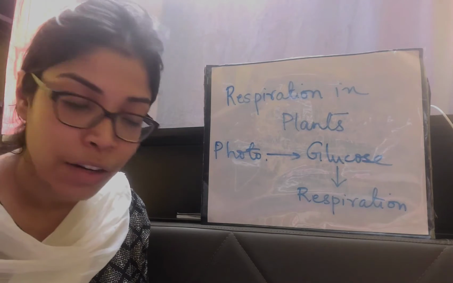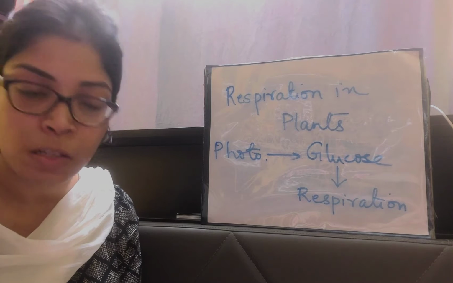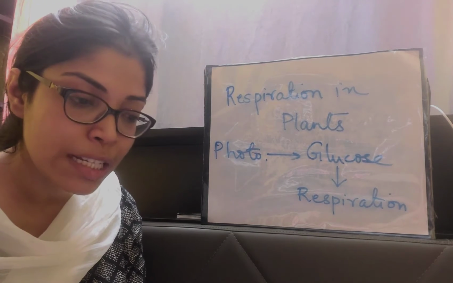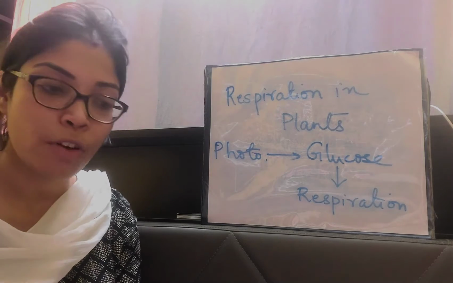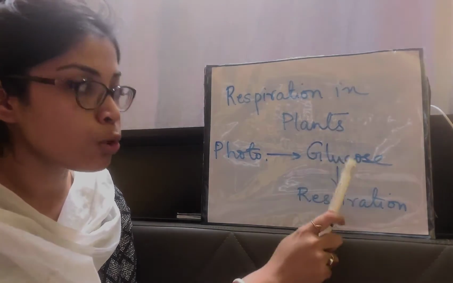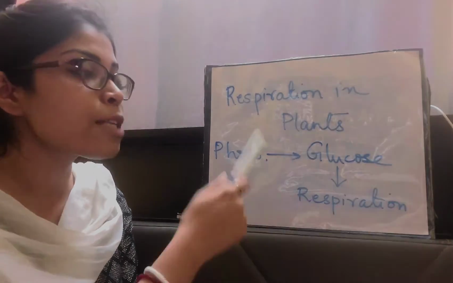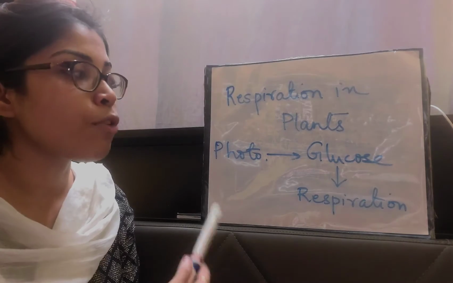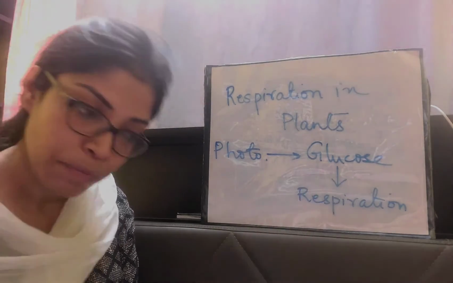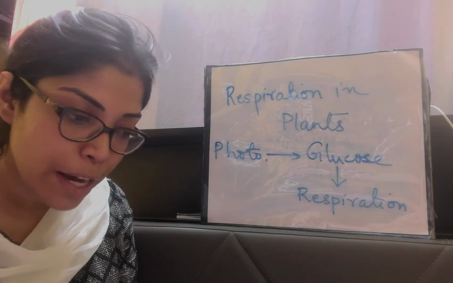The name of the paragraph is: What is respiration? How it basically happens, the mechanism. Okay, the process of breaking down glucose to release energy is called respiration. So I have already discussed that the process by which the glucose, which is produced by the process of photosynthesis, is broken down to form energy in the form of ATP is known as respiration. Clear? Glucose breaks down after it combines with oxygen.